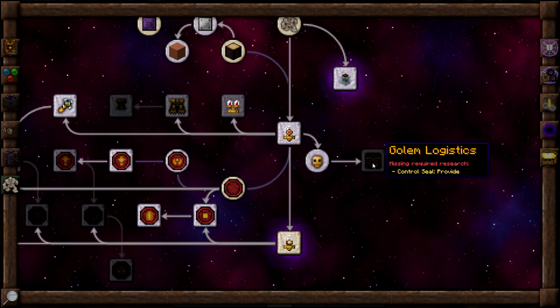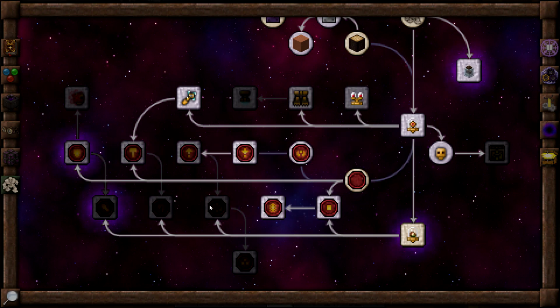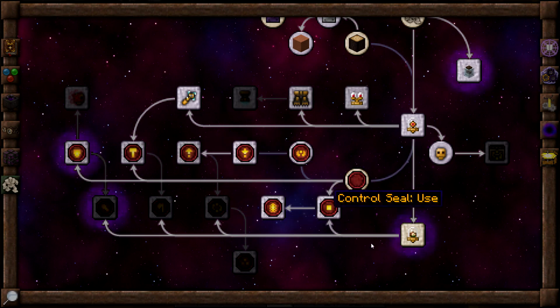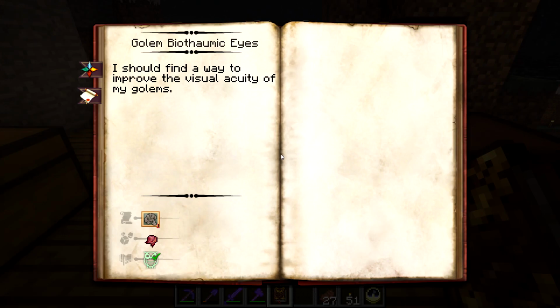After this one, oh, we don't have the... We need a provide seal for that. Which one is that? It's one of the ones over here, probably. Lumberjack. Well, there it is, provide, but we need the empty seal for that. Oh, yeah, that one there. Okay, so we'll get back to this guy, but let's start moving along the tree here with the golem biothermic